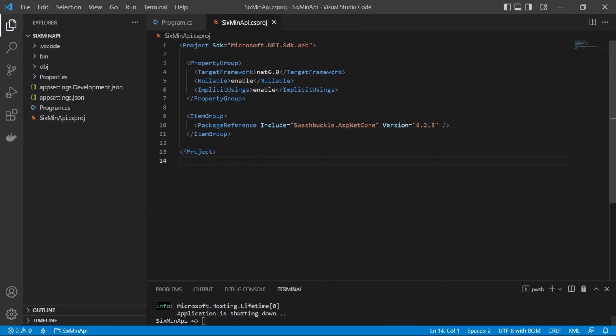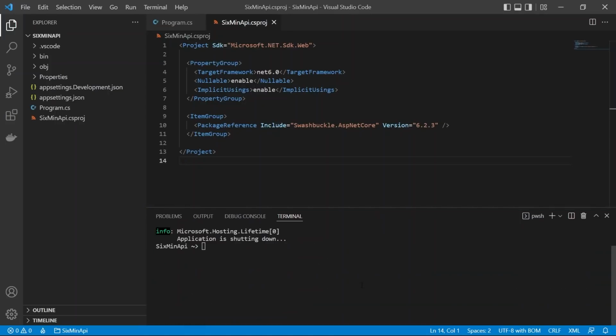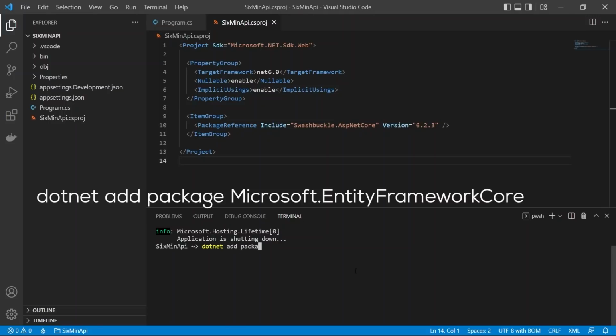All right, so let's just come on and add a few additional package references into our project, mainly for Entity Framework and using SQL Server, and also for something called Automapper, which is a mapping framework that allows us to map between our models and our DTOs. Very good framework. So without further ado, dotnet add package, and the first one we want is Microsoft